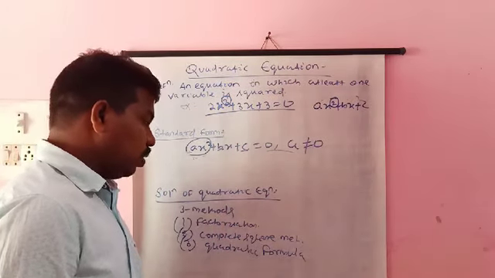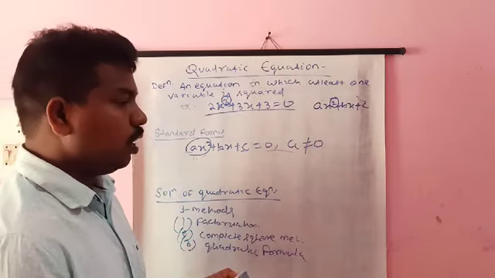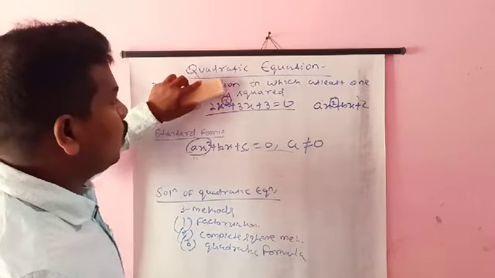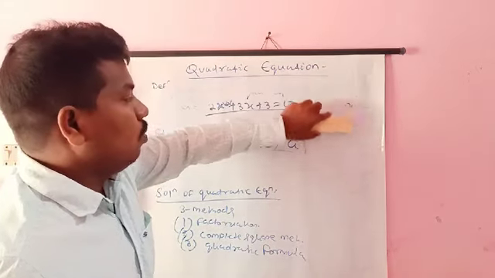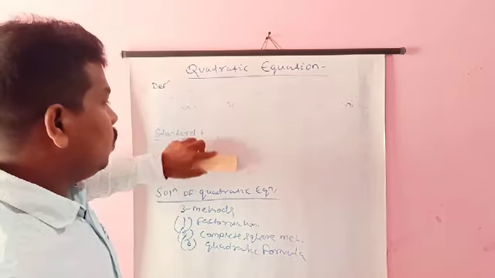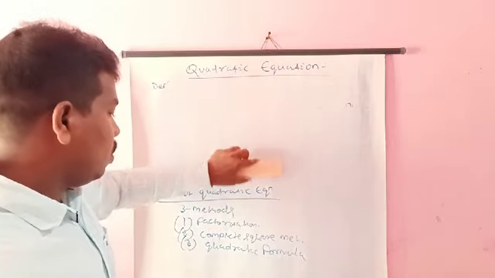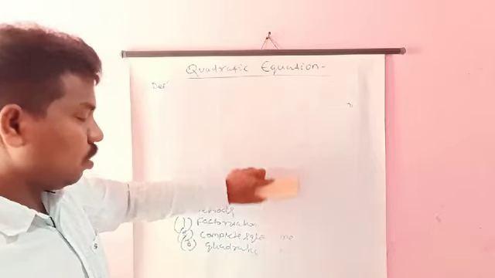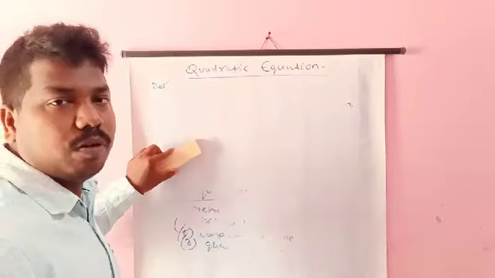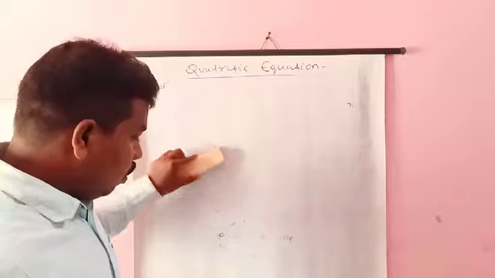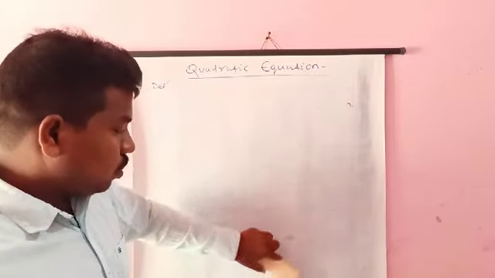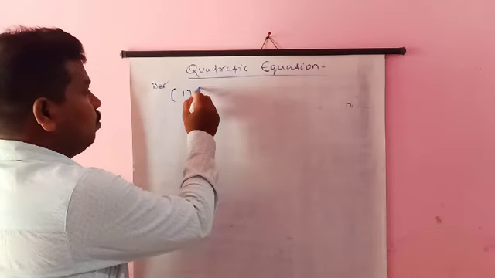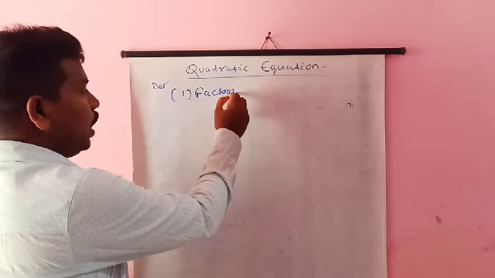So now we will discuss the three methods one by one by taking an example, and through the example we will also make the concept clear. From the example, we will discuss how to find the quadratic solution by using the three methods: factorization method, complete square method, and quadratic formula method. So I will take an example to find the solution of a quadratic equation by using the first one, the factorization method.